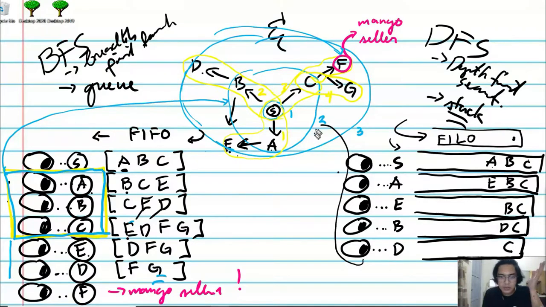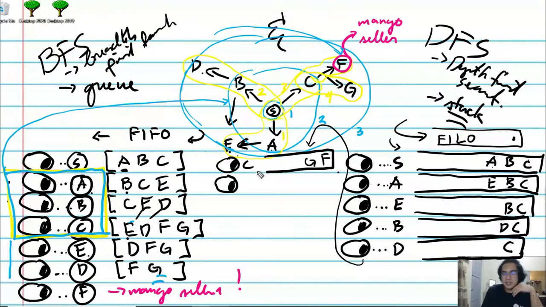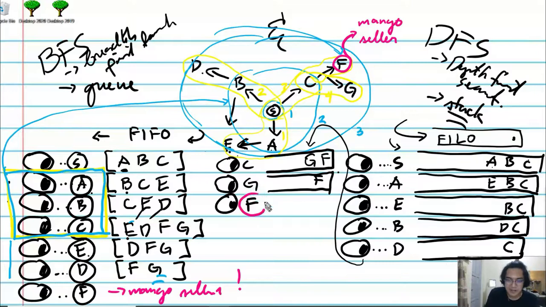Let me try to just continue it here. So I'm looking at C. If I'm looking at C, what do I get? I push F here, and I push G here. So that we exhaust, it's almost as if I plan to exhaust the input. C is not yet the mango seller, so we continue. We take a look at the element on top of the stack, so that's G, which is not a mango seller, so we continue. We're now looking at F, which is a mango seller, and that's the time that we